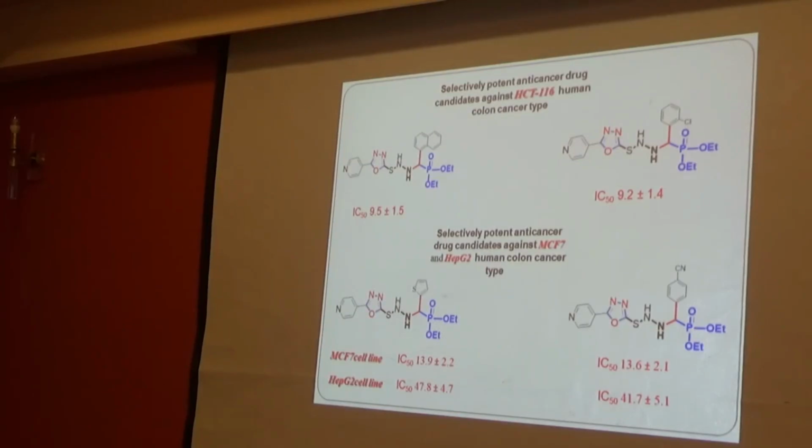The results show that the aminophosphonates which carry the naphthyl moiety and chlorobenzene moiety show IC50 of 9.5 and 9.2 compared to doxorubicin, which is 9.4. In the MCF7 cell line, our structures show moderate activity on two cell lines. And liver cancer cell,